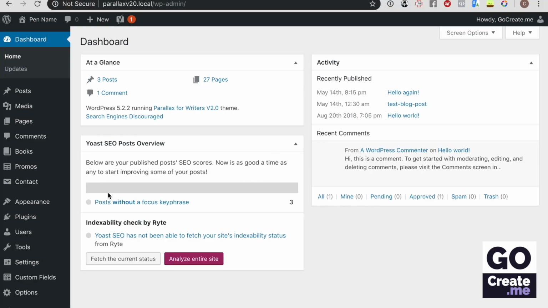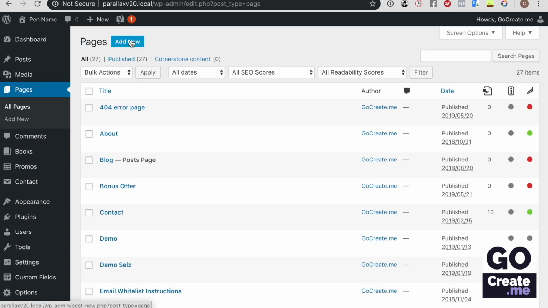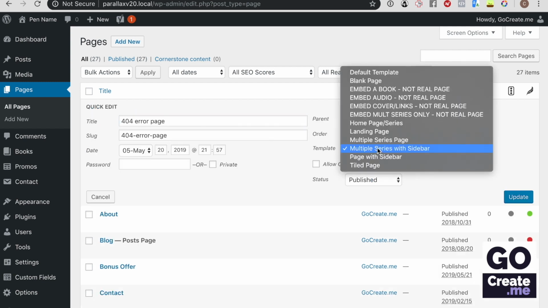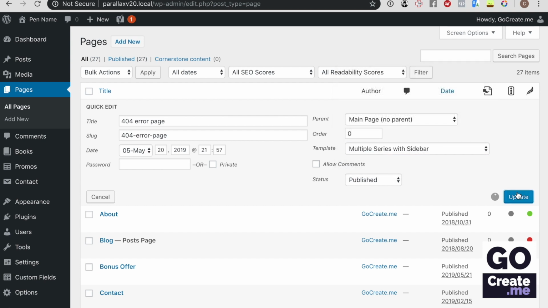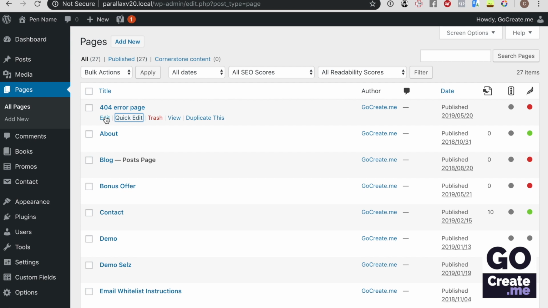The multiple series pages are regular pages. So to add one, just go to Pages, and you can add new, or if you already have an existing page you would like to turn into a multiple series page, you could quick edit and then select either multiple series with sidebar or multiple series page, which is the full width version of the same template. And then if you do that, you can update, or if you edit the page itself,